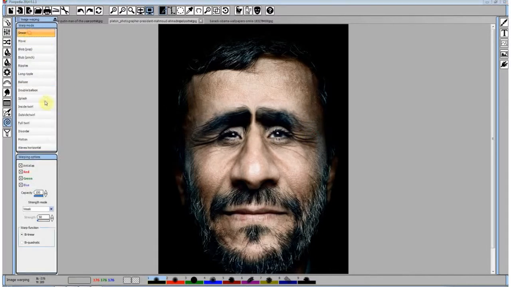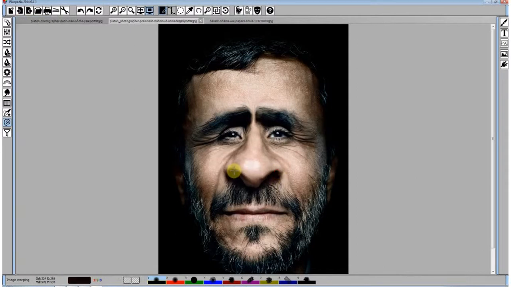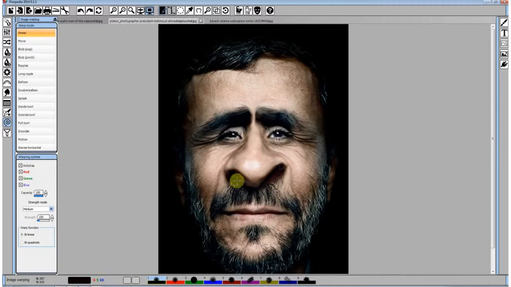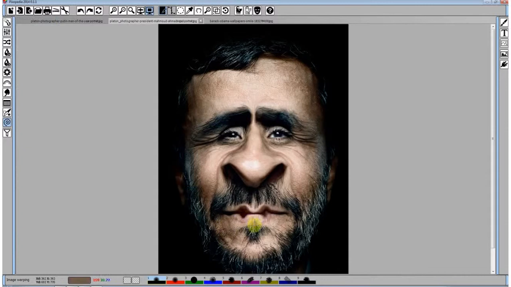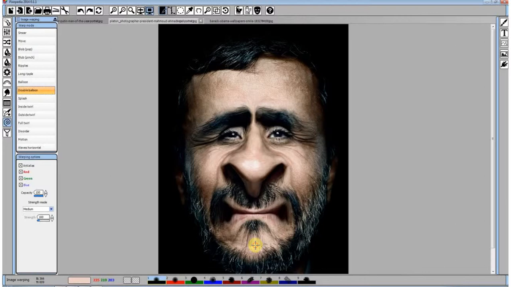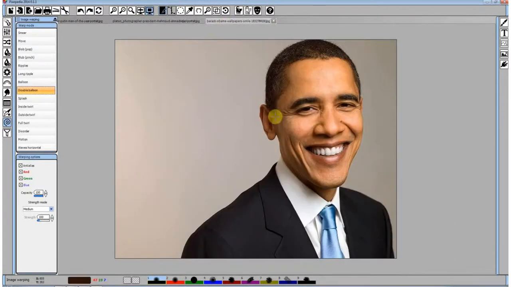Now we will again do smear to medium. And nostrils will be here. And finally we can do double balloon to get some nasty face here.